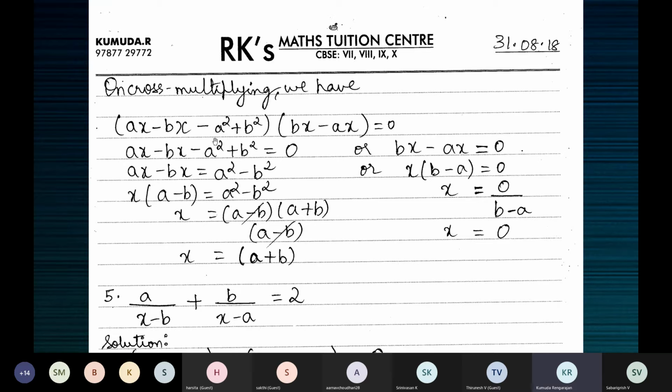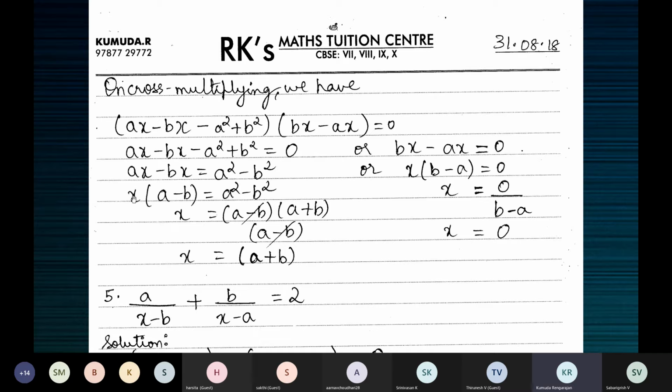In these four terms, children, don't try to do that grouping, because we don't have that x square term, two x terms and the constant. It's not in that fashion. You don't see the x square term at all here. So here what you have to do is we are solving for x. Have the x terms on one side. These two terms have x in them. Let them be on one side. Take the remaining terms to the other side. They don't have x, so take it to the other side.